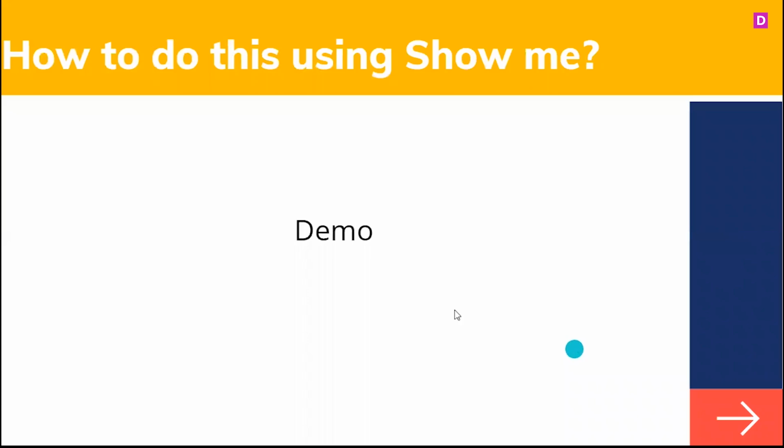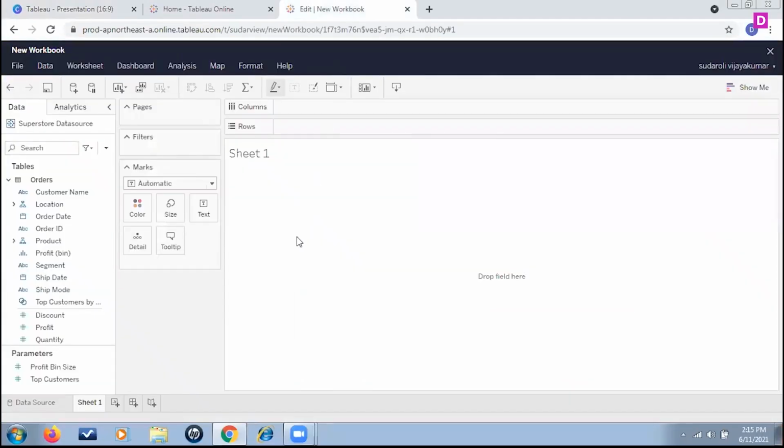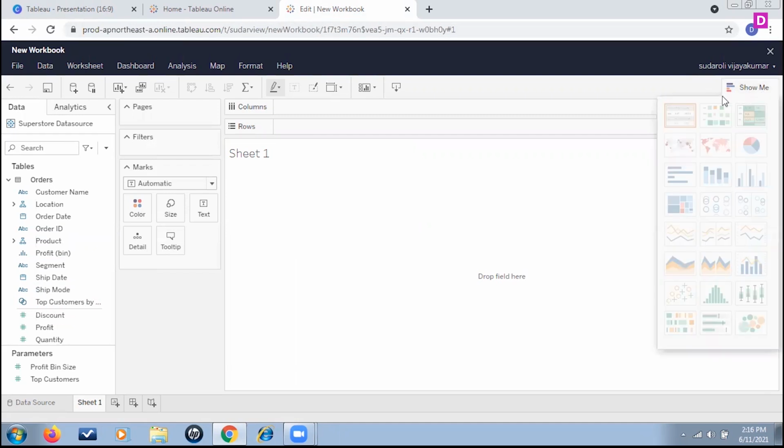Yeah. So now I'm inside my Tableau environment. You can see here, this is the Superstore data source available, and I have tables, where my Orders table is already there. Now, what we are going to explore today is just the Show Me option. Show Me, as you can see, displays a lot of charts